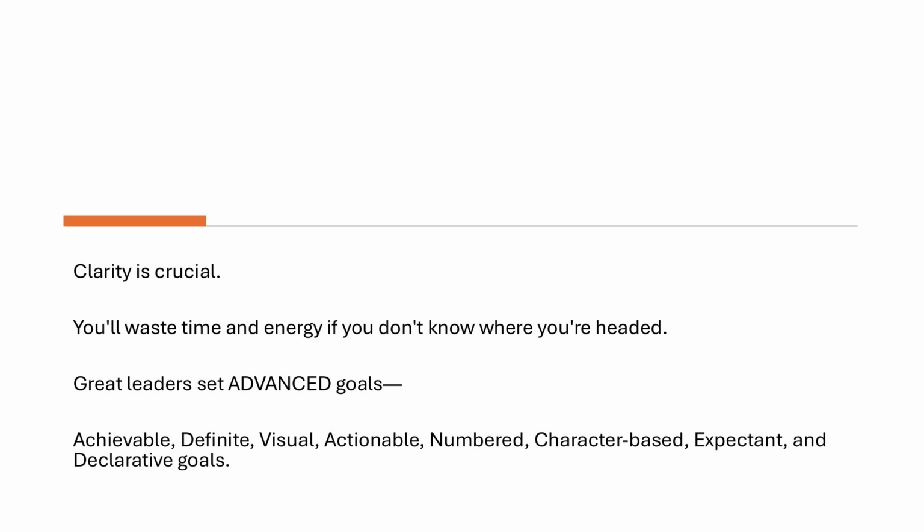Those are the type of goals you want to set, because if they are achievable, then you can achieve them. If they are definite, you know for sure what you're pursuing. If they are visual, you can imagine them. You can see them with the eyes of your faith. If they are actionable, then execution becomes easy and possible and realistic. If they are numbered, you can quantify them, because you can only manage what you measure, according to Peter Drucker. If they are character-based,